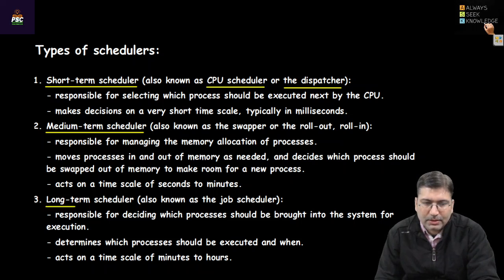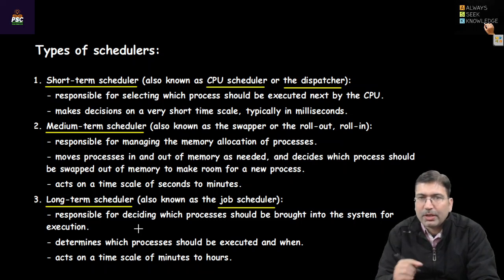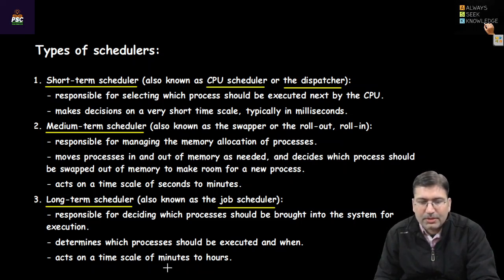Then there is the third scheduler, which works on the job queue or new queue. That is the long-term scheduler. It is also considered the job scheduler, responsible for deciding which process should be brought into the system for execution. That means which process will be brought into the ready queue. It determines which process should be executed and when, and it acts on a time scale of minutes or hours. That's why it is considered the long-term scheduler,